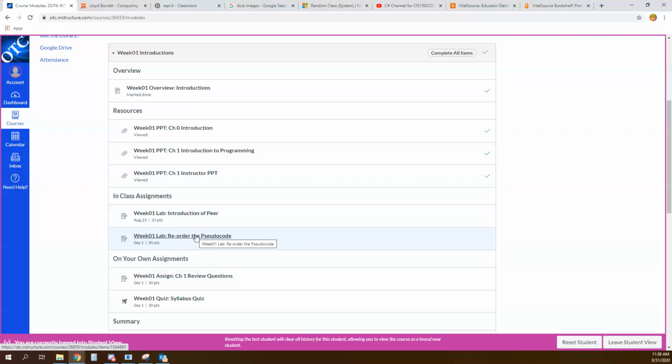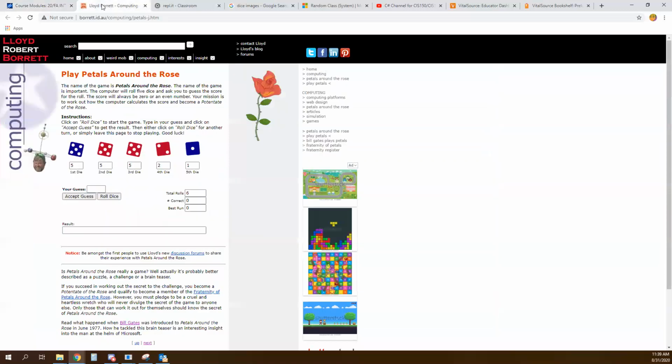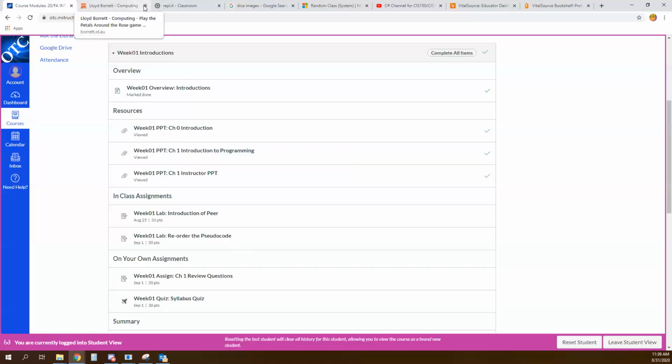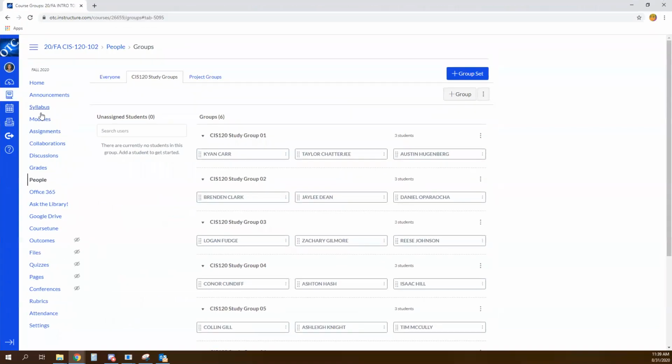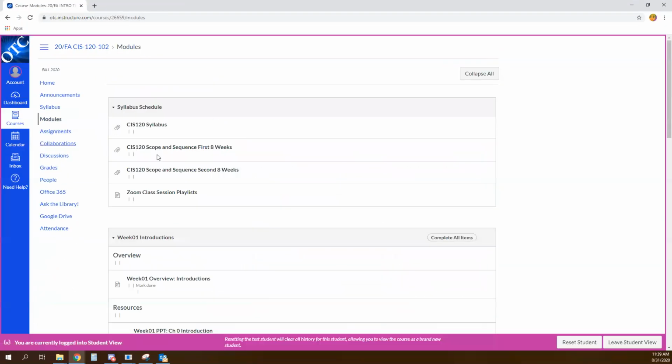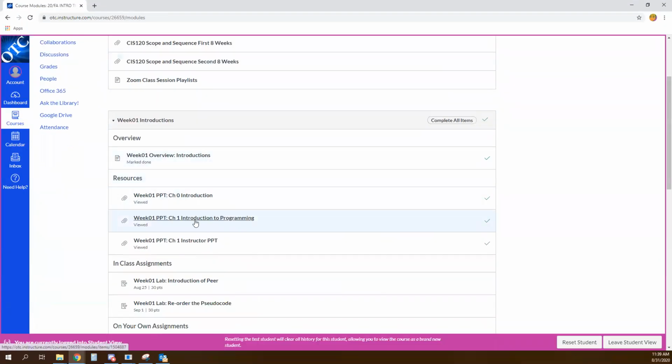Now, looking at the assignments that we had, the reorder the pseudocode one can be really confusing at first. So before we jump on that, let's take a look at, what did I have open? I had found the perfect place. Oh, I know what it was. I want to go to our Week 1 module, and let's take a look at the textbook PowerPoint, the introduction